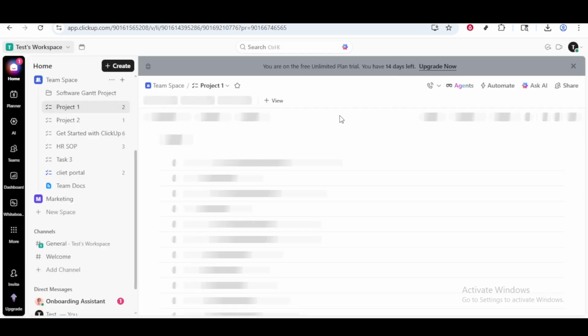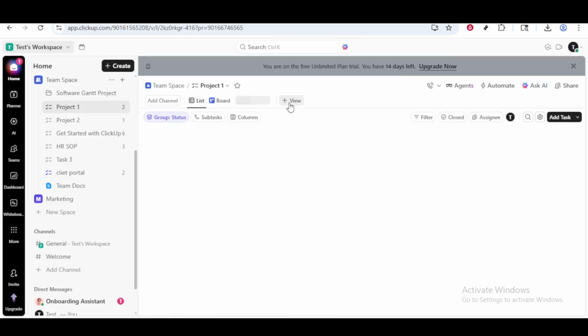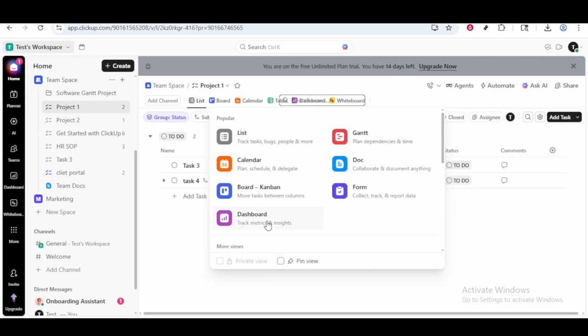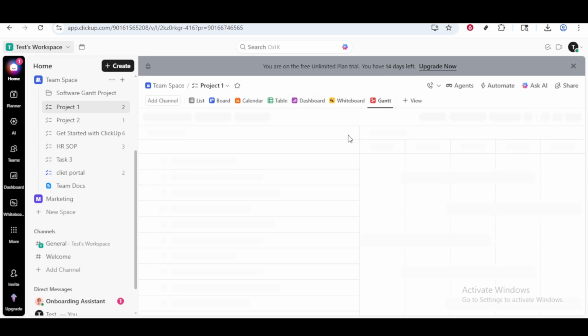Now, this is where we're going to access the Gantt view. When you click on View, a selection of different views will appear, including List, Board, and Gantt. Click on Gantt. This changes your project view into a timeline-based format that displays your tasks across their respective scheduled